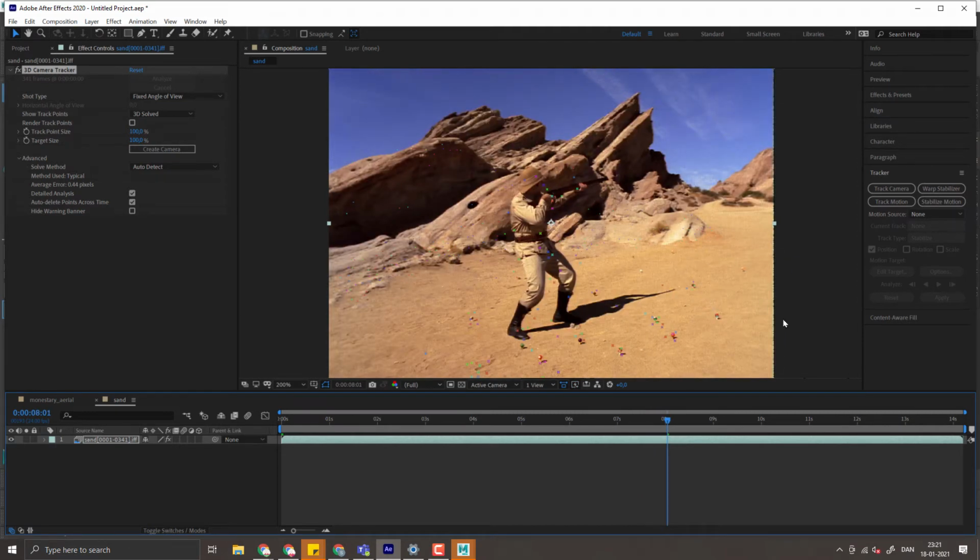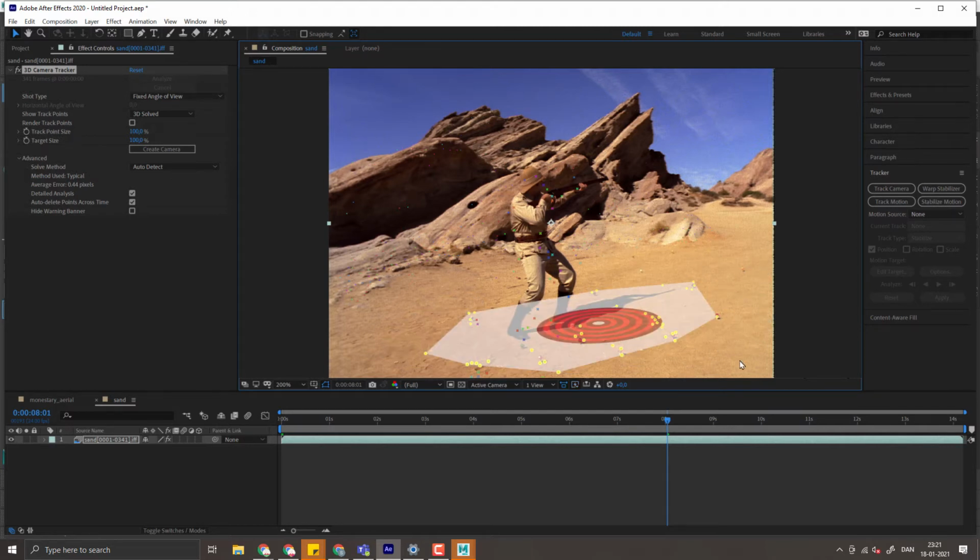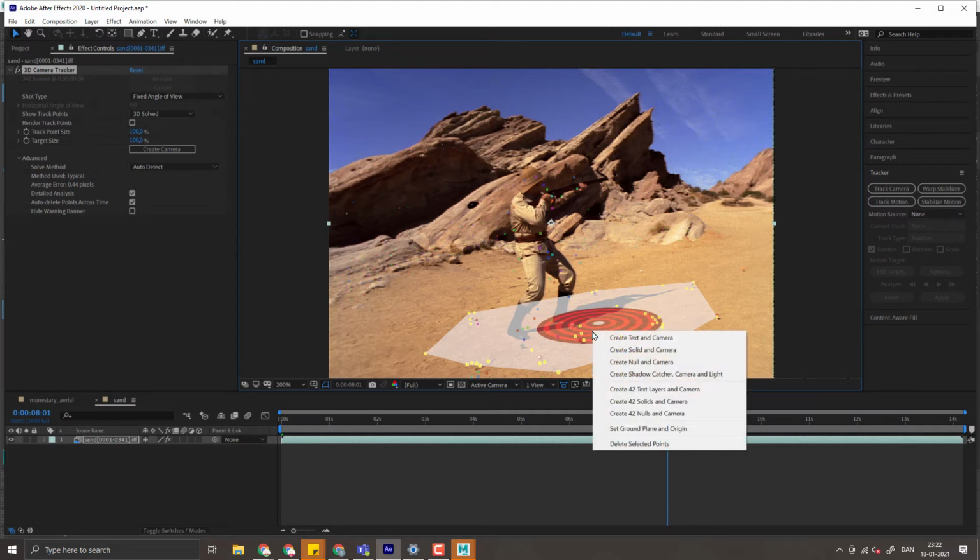And there's some additions since I did this last. Anyway, I'll just draw an area around the ground points here, something like this. And you can see it'll try to give me a representation of where the ground plane is. This looks pretty nice. So I'll do two things, and this is new since last. I'll do the set ground plane and origin. This is a new thing,